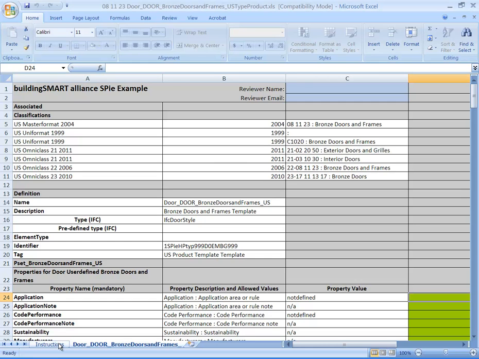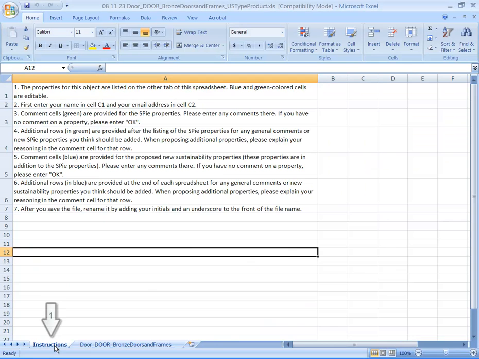Typically, each workbook contains two tabs. As you can see here where the cursor is, there's an instructions tab, and then there's a product information tab, which is the same as the name of that particular product. The instructions tab just gives a brief run through of the process for completing information in those cells. We're going to expand on this in this brief demonstration just to make sure everyone is on the same page in terms of what needs to be completed in those